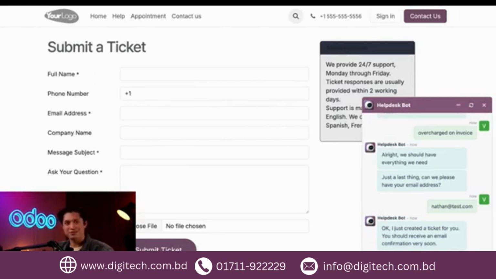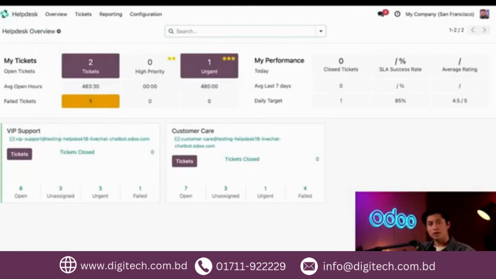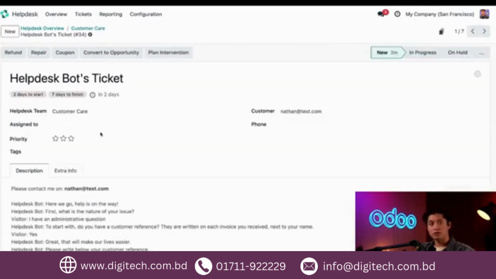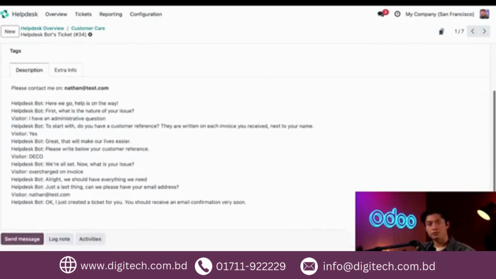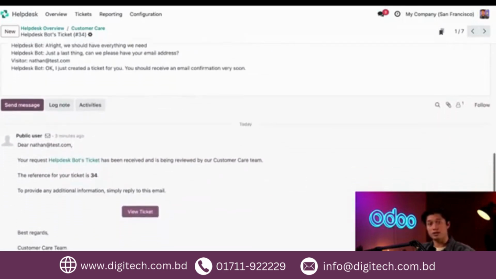That was easy. Let's pop back over to our database to see how Odoo recorded this ticket on the back end. In the Help Desk app, all you have to do is click the Tickets button on the Customer Care team, and then here I can see the new ticket from the website visitor. If I look here, I can see the customer's email address, and I can see the entirety of the chat logged in the description down below. And right over here in the chatter, I can see that a confirmation email will be sent to the customer,